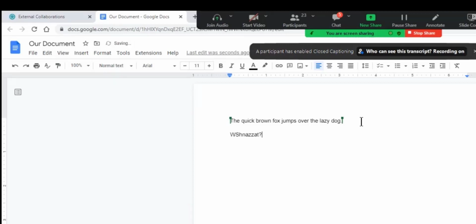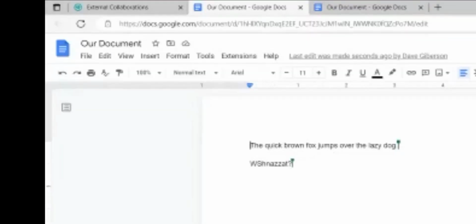type. And I see what test student 3 has typed. I see what I've typed. Let me stop my share and take you back to here. You're seeing the document from test student 3's viewpoint. So everybody